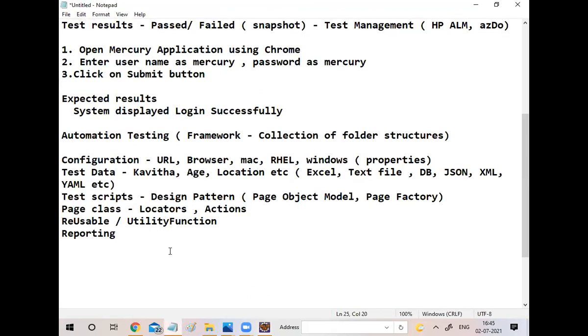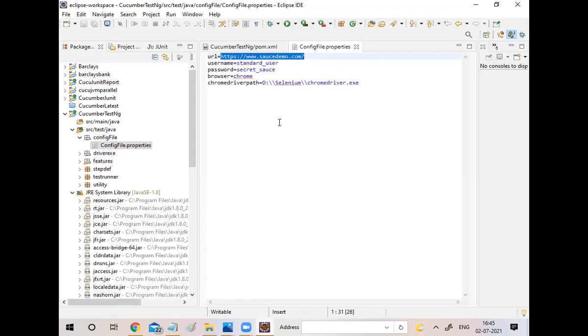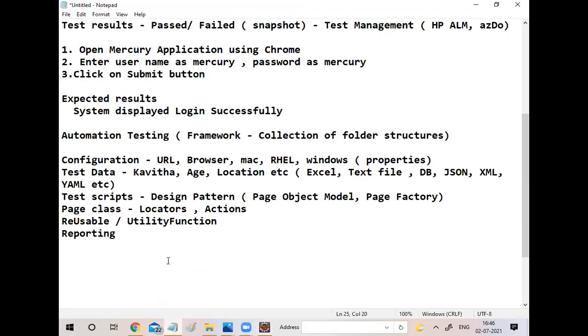If you are changing the URL to IRCTC, then the properties file will enter into the IRCTC. So what will happen? Whenever I'm running the test case, my test case will be running on this particular site. For example, if I'm mentioning IRCTC, my test case will open the IRCTC site. That's all. But my script will fail. Why will my script fail? Because we gave the driver path as different.